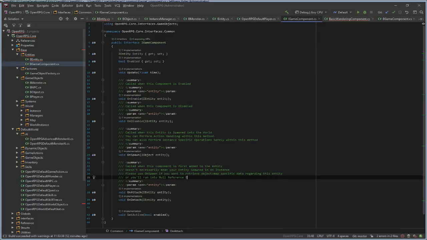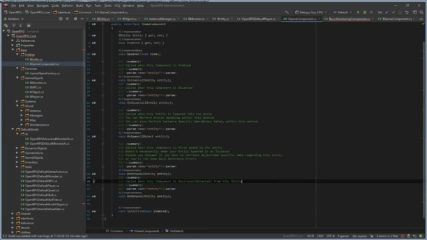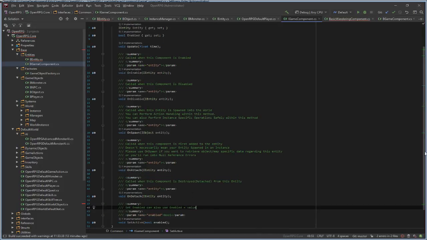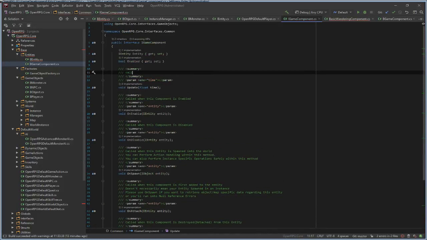Null reference errors. Called when this component is destroyed from this entity. Called every frame with a fixed time.